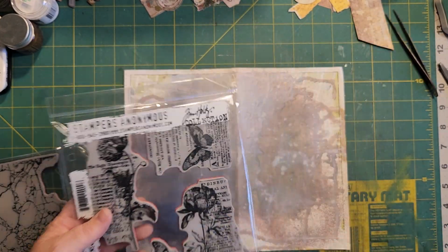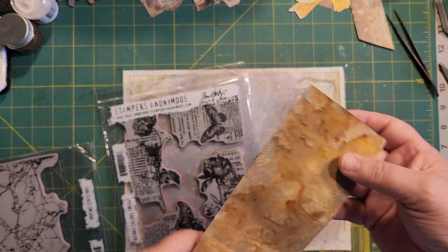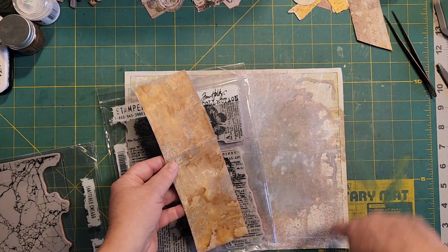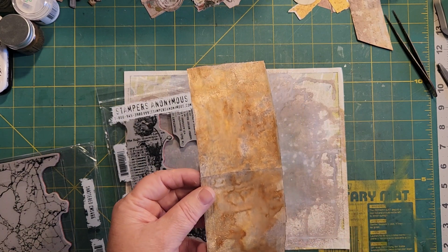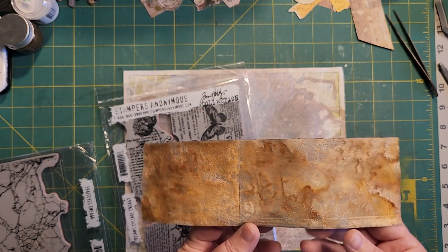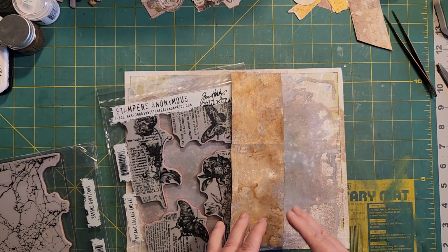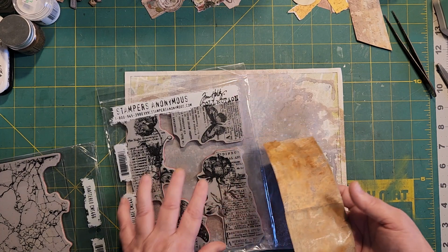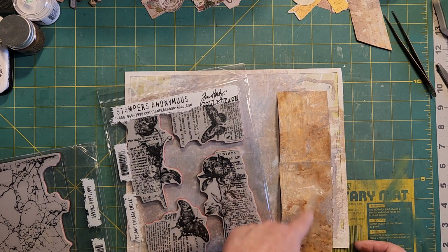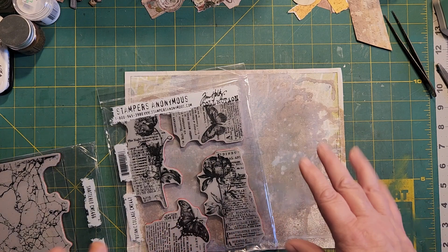We're going to take two of these, and I went ahead and sprayed a piece of extra that I had here. These are probably going to be the colors that I'm going to work around the outside here as well. It was a yellow, vintage photo, and hickory smoke, I believe it was. I love those colors. But it gave more warmth, the yellowy colors that we're going to need. We're going to stamp two of these over top of this. We're going to have the pretty flower here, and we're going to have that there. And then we're going to have some,